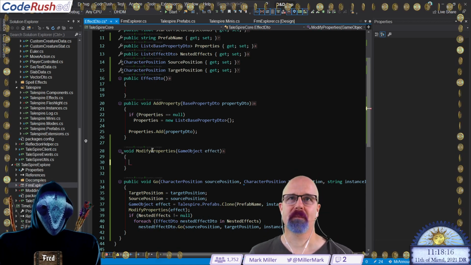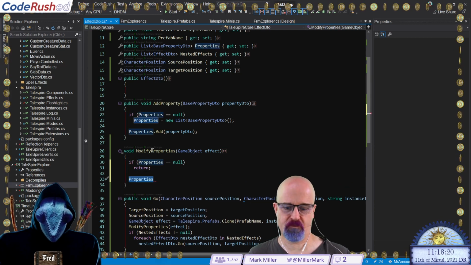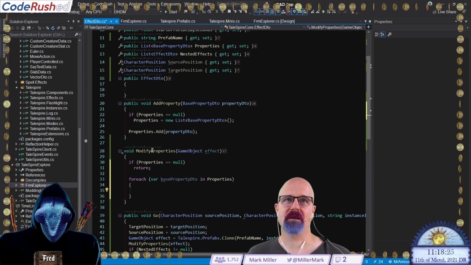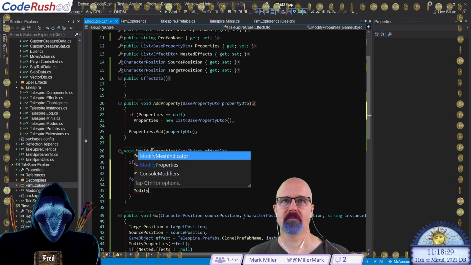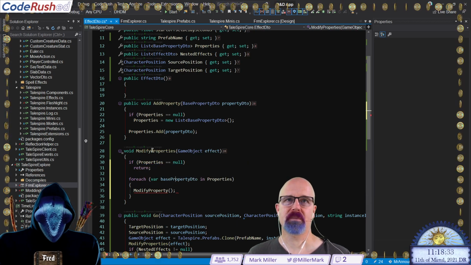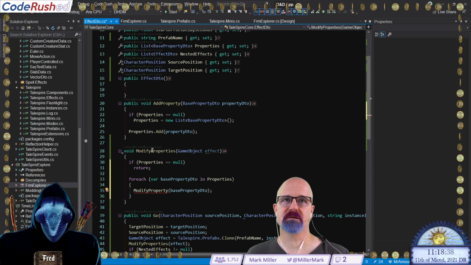So now, if properties is null, we're not doing anything. Otherwise, we need a for each on all the properties. Fine. And then we're going to say call modify property, passing in that base DTO.